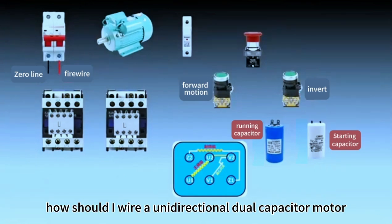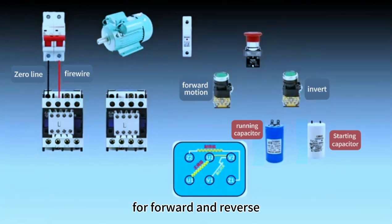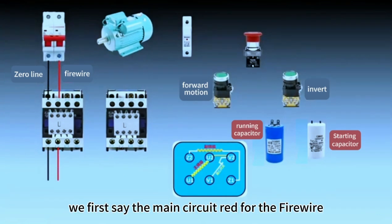How should I wire a unidirectional dual capacitor motor for forward and reverse? As shown in the figure, we first say the main circuit, red for the fire wire, black for the zero